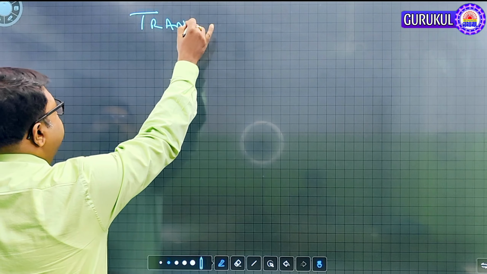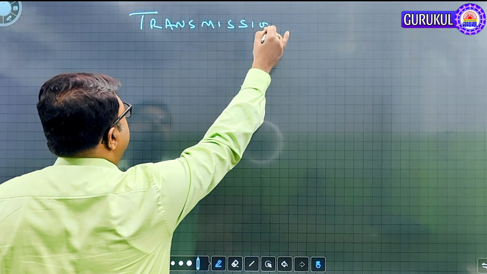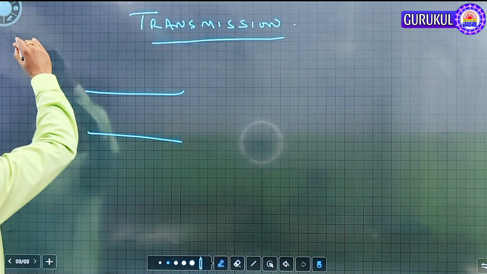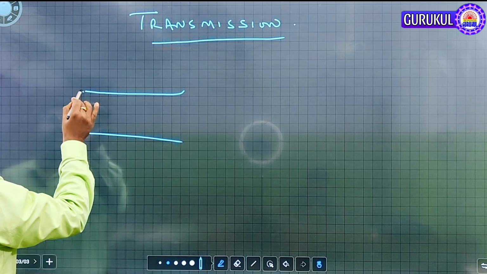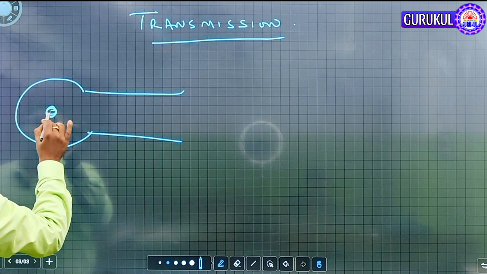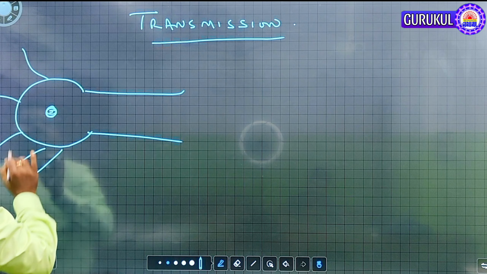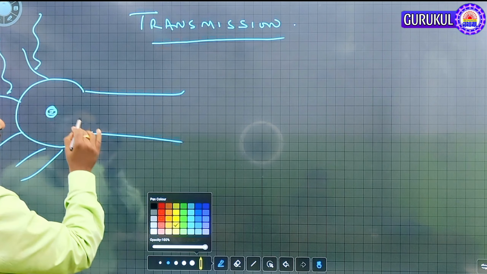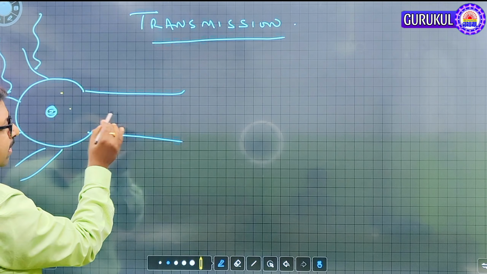What is most important about the neuron is how the transmission of nerve impulse takes place. So nerve impulse, once the threshold stimulus is taken, who has taken the threshold stimulus? Who has taken the threshold stimulus? It's the dendrites. The dendrites have received the threshold stimulus and then it passes on the stimulus to the